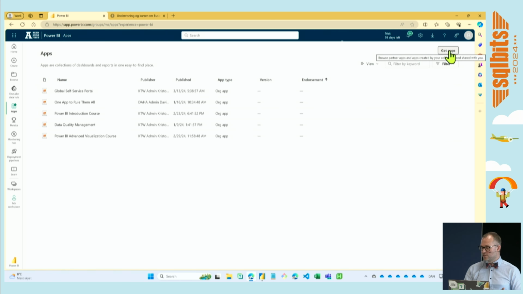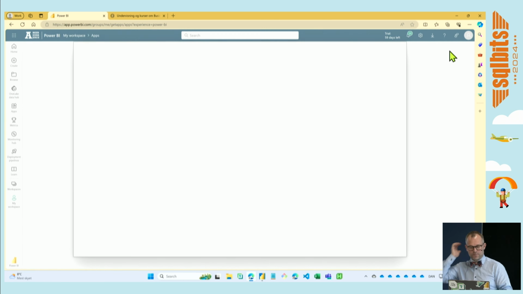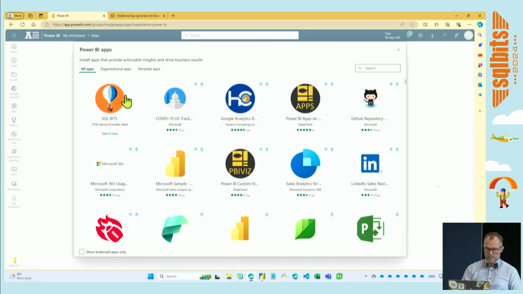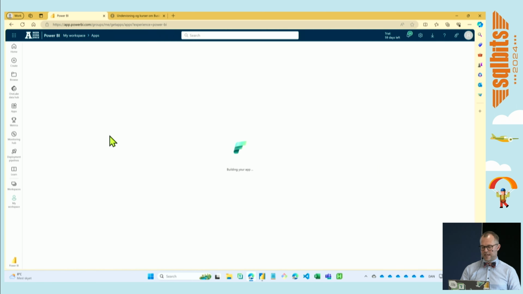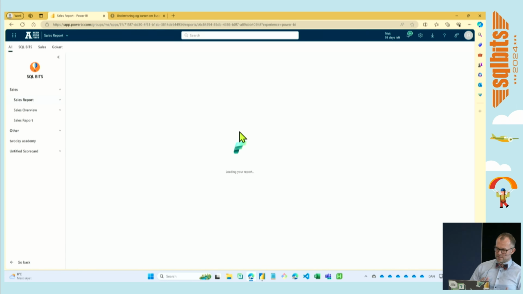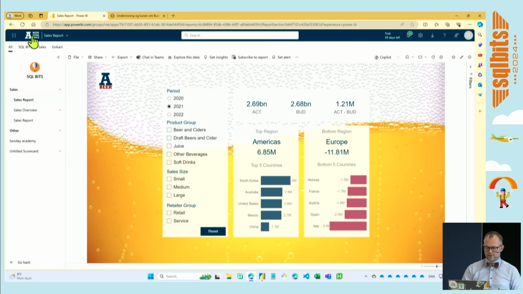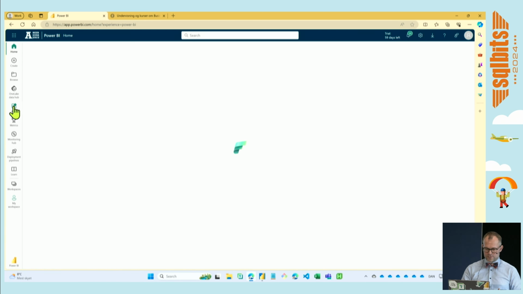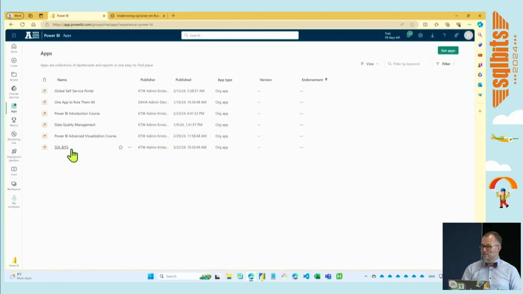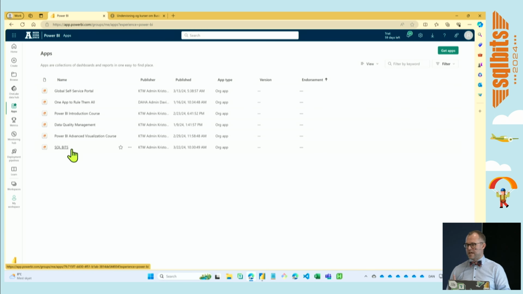Anyway, what you can do then is that you can go to the Get Apps, and then you will find your apps, right? Here we go, and thankfully it pops up here in the top left-hand corner. I'm going to get that now. And this is still one of the things. So if I go back here to my apps section, you will see that now it's in the list, right? And this is one of the things where I feel that most end users actually get confused. Because if they go in here, let's just say that you have 10 or 20 different apps, you need to